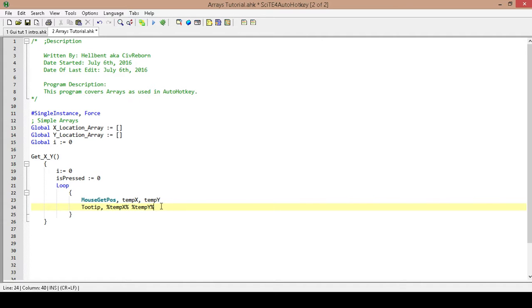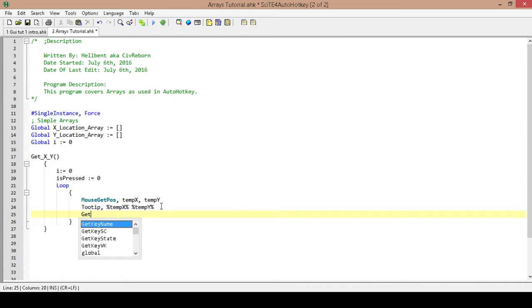Okay, so now what I need to do is check the state of my mouse button. I believe it is GetKeyState. Okay, yes, it's GetKeyState. And I need a variable that I'm going to assign to this. So I'm going to call this